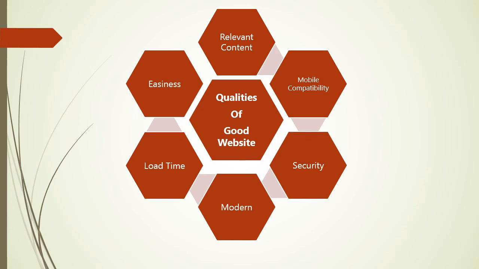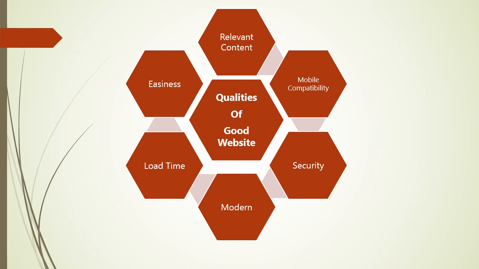As there are n number of websites available, while creating a website, what are the various qualities of a good website? Now we say that this website is good. In what sense we say it as good? So there are some parameters defined. So the first one is easiness. So easiness means what? Website should be easy to use and navigate. When users are visiting your website, they should be able to find the information easily. It should not be difficult for the user to access the information. Okay, so this is easiness.